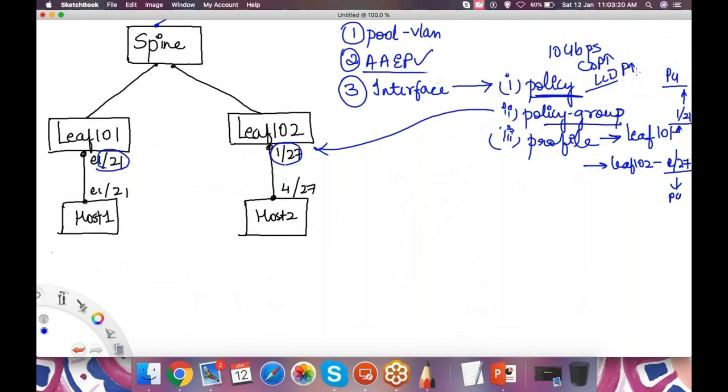But this policy group should be applied to some interface, right? Where or how do you mention that? Where do you mention which interface it is that you need to apply all of these configurations for? This is done under something called as the interface profile. Okay,